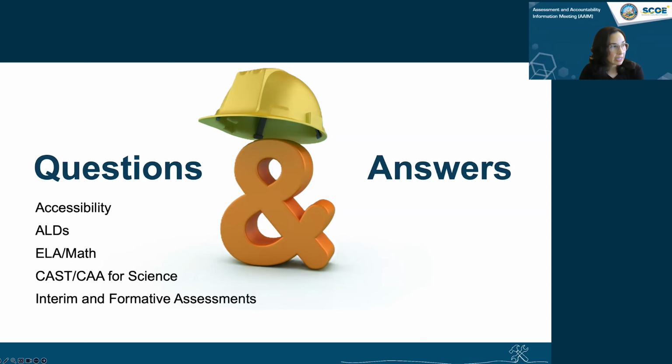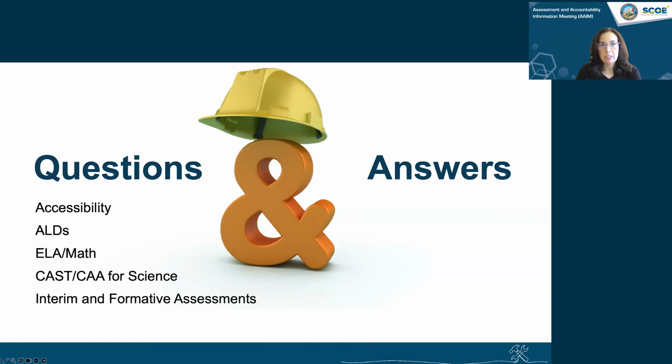We did receive a second question about the interim assessments. How can we get our school district to participate in the interim assessments? First, I want to restate that the interim assessments are available to any local educational agency staff member with an appropriate role in the Test Operations Management System, or TOMS. The TOMS roles are assigned usually by the district CAASPP coordinator or the district ELPAC coordinator.